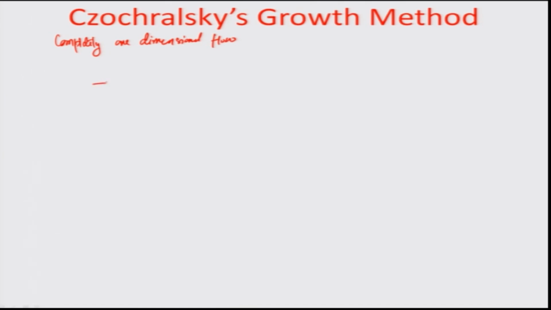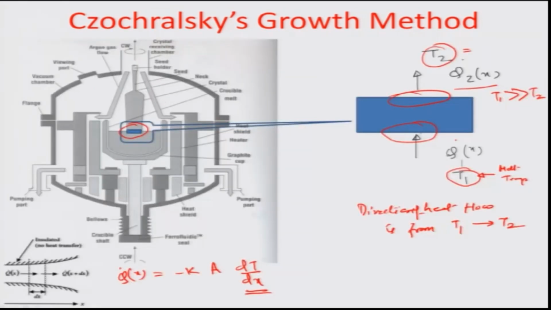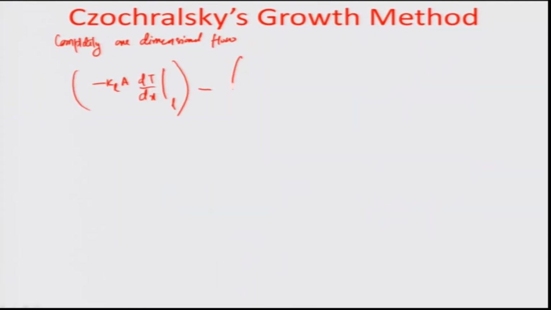And you can actually write the heat flow to be minus KL A dT by dx of the liquid side, which is actually the heat flow because of the liquid into the zone of fusion, this particular boundary, and the thermal conductivity here is the thermal conductivity of the liquid on this particular side, and this minus the heat transport across the other phase from the zone of solidification to the solid side, where the thermal conductivity determinant of the heat flow would be that of the solid, KS A dT by dx, which exists in the solid side, and